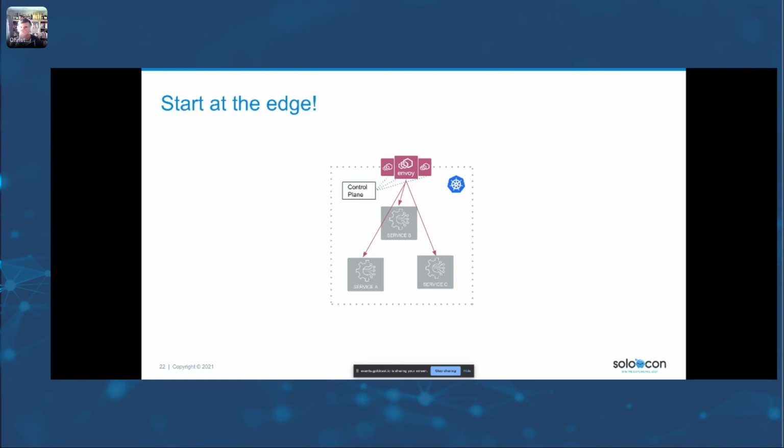That's a familiar area, and using it to route traffic and to secure traffic coming into your clusters. Now, starting at the edge, not every service mesh has this option. Some service meshes don't have an edge ingress gateway. For those, or even for those that do, we've built Glue Edge here at Solo, which you may have seen in the keynote or somewhere. Glue Edge is specifically designed to fit in this scenario. But if you have a service mesh that has an ingress gateway, that's typically the right place to start.